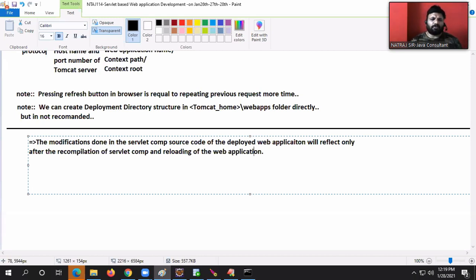Modifications will reflect only after recompilation of the servlet component and what? Reloading of the web application. I hope you got clarity.